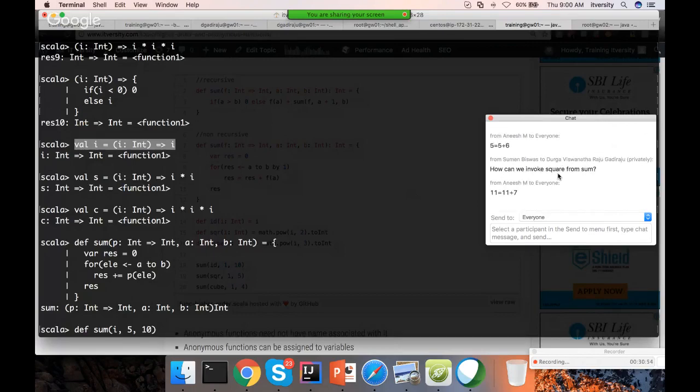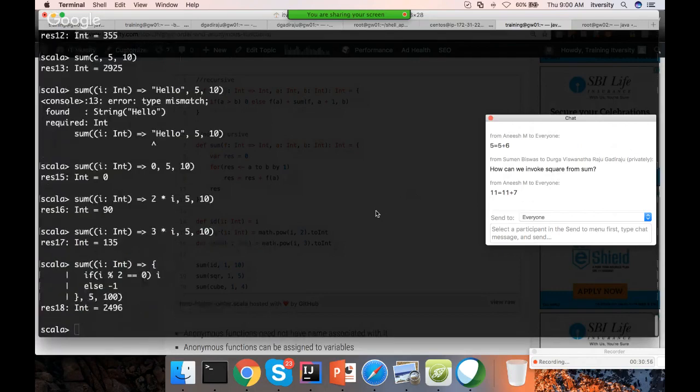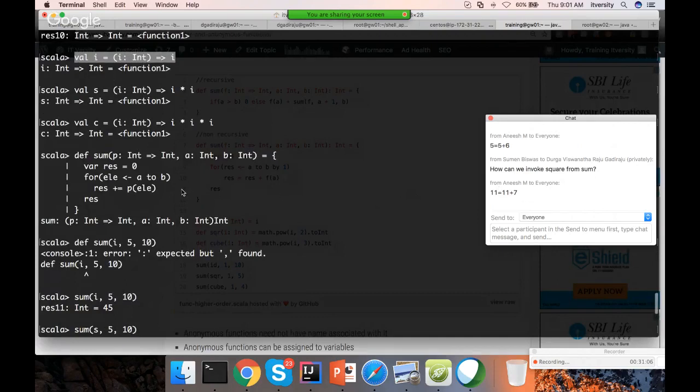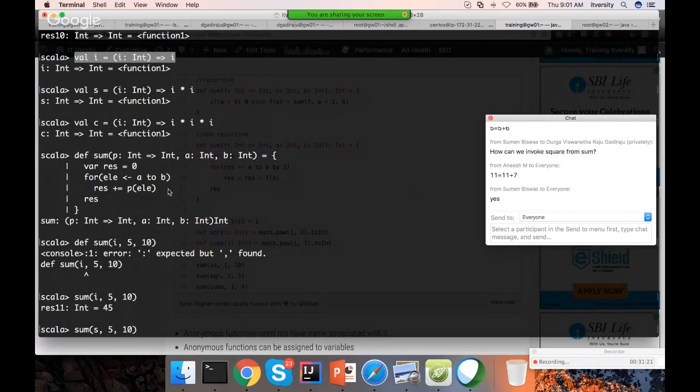So Suman is asking, how can we invoke square from sum? So here there are 3 ways to invoke square from sum. I do not understand your question completely, Suman. If you are talking about invoking a SQL function which you have created, you can invoke it directly also. You can invoke any lower order function from a higher order function. Okay, but we want to